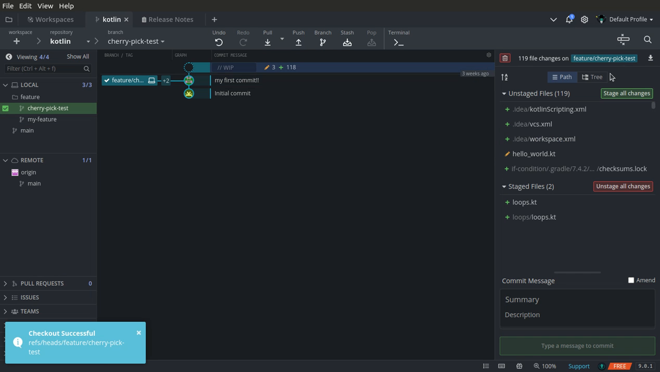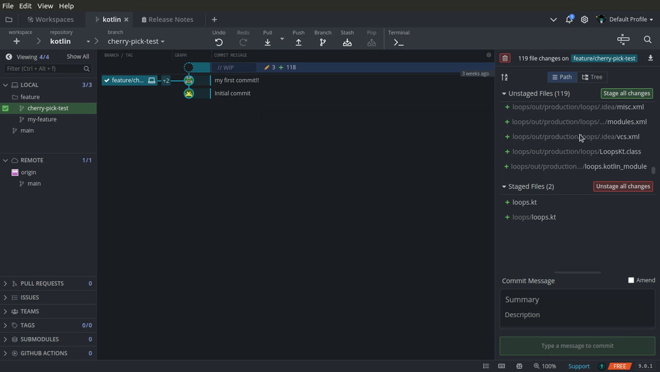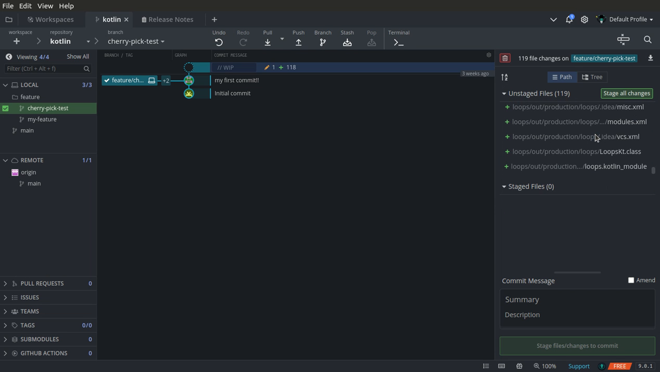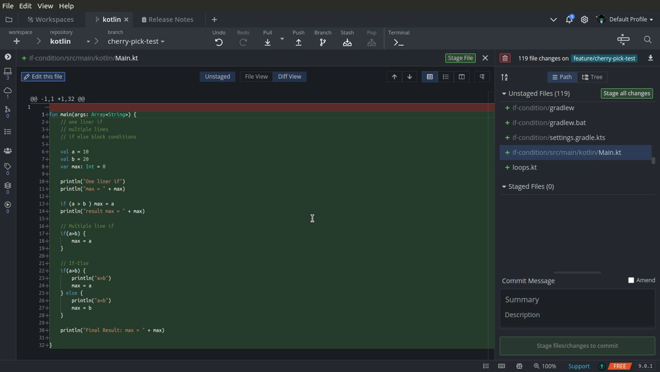Okay, and now here I have a lot of files because of a project that I just built, and I haven't set up a gitignore, so please excuse me. I will be unstaging these two and try to find my condition files. Okay, so I guess it's here. Yes. Okay, so you can see I have a simple Kotlin program that I've just built,